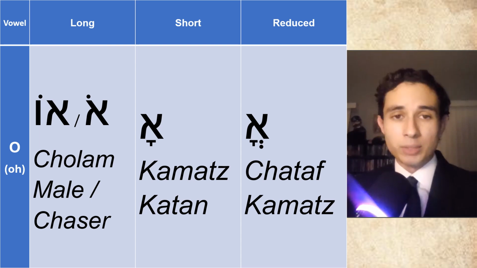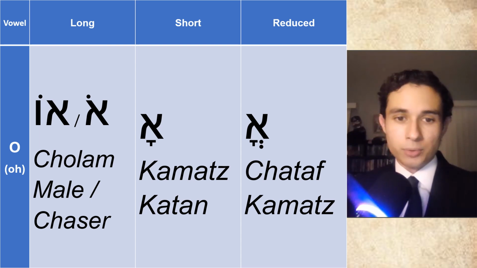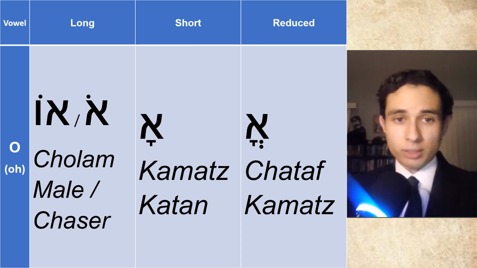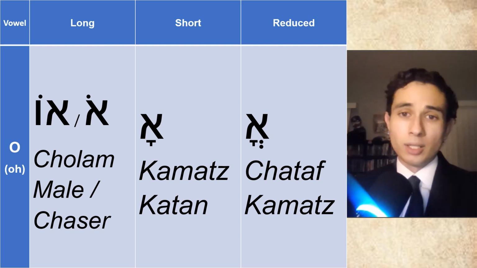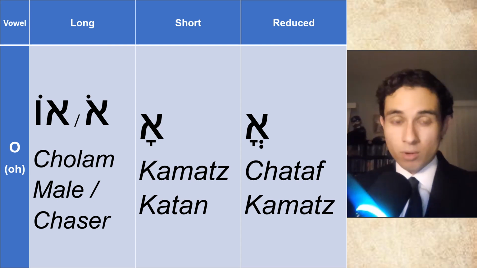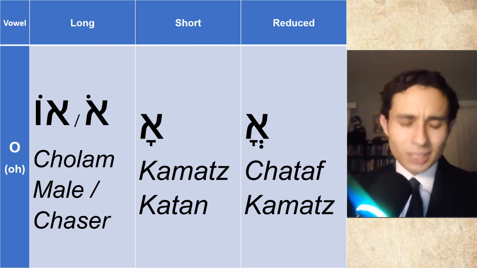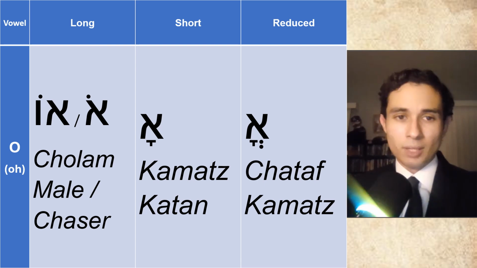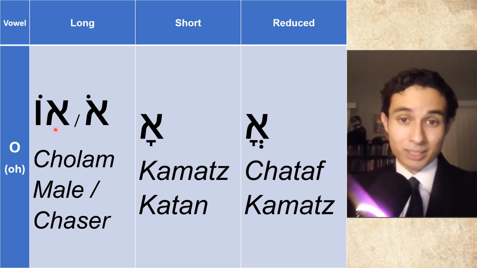So our next vowel sound is O, which has up to 4 nikudot. It has 4 dotting marks. Now, the O here, it's not like the English short O like God or not, but just think of the word no. O, it's a hard, long O. Now, here too, we also find the concept of male and chaser, and for our purposes, we'll be considering these both as long vowels. So, the first long vowel is cholam male, right here, because it is complete.